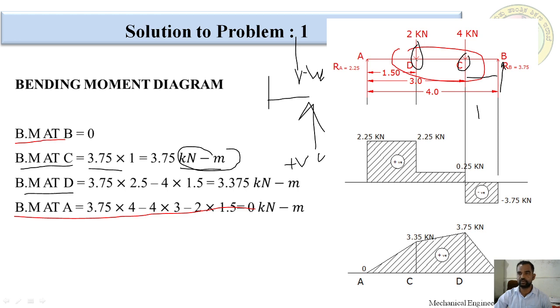This is C section. We have to calculate up to here bending moment. First, this is positive force into this distance. How much it is having? 3.75 into 2.5, because this would be 1 meter, this would be 2.5 meter. For that reason, we are taken as 3.75 into 2.5. Minus y would have taken. From right to the section downward, force is taken as negative. For that reason, I am going to take as negative. Negative 4 into this distance. How much? 1.5. And calculation wise, we got 3.375 kilonewton meter.